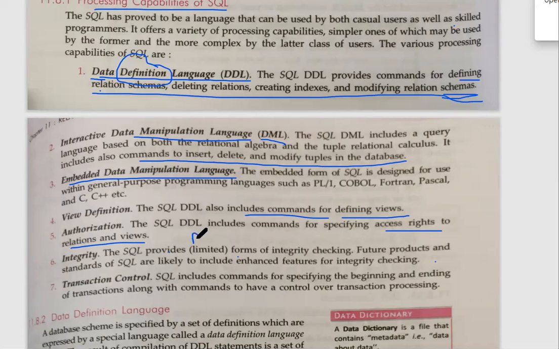Generally we have three types of access. First is read, second is write, and third is execute. If a person is given read access, then that person can only read the data, and cannot make changes. If a person gets write access, then in that case the person can only write in the database but cannot read or execute. And if the person has the right of execution, then that person can also execute the information. Some will get all three of them, some will get one or two. It is up to you, meaning the organization, what type of rights you want to give.